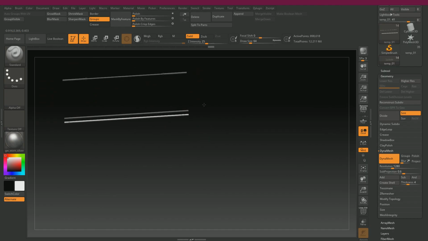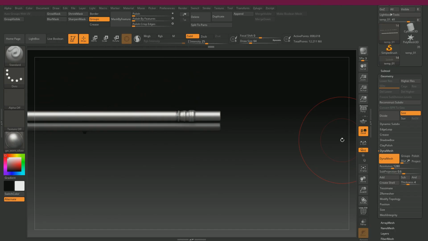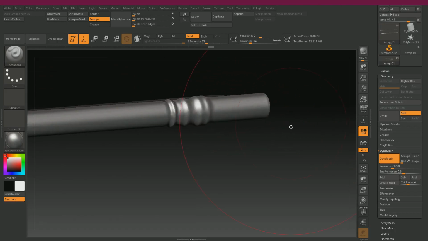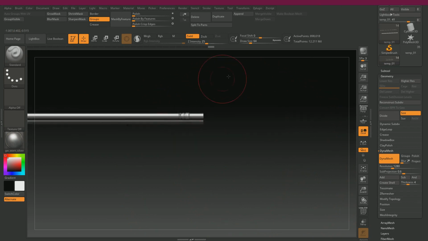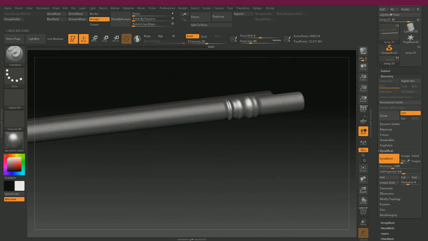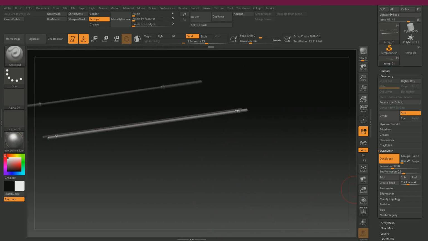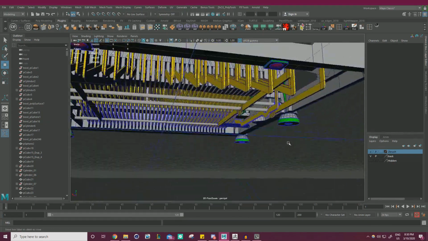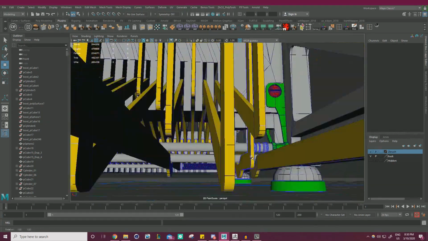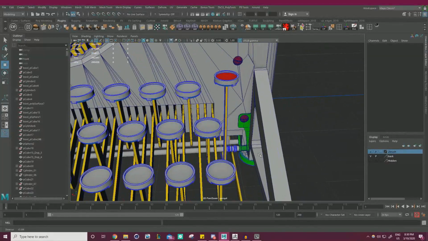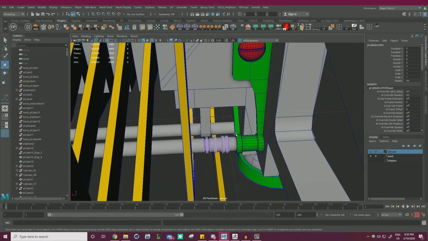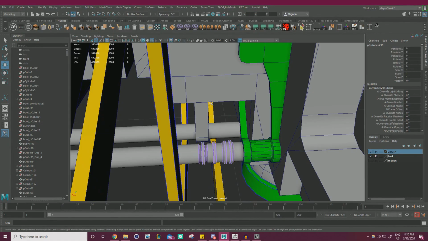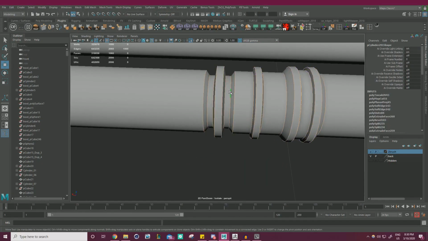I suppose that's all right because it's such a tiny detail, and when we bake it down, it's going to pretty much look like that. So I'm going to say that's fine. Because if I recall, if we go back to Maya, that wiggly area is just here, so you can just barely see it. But no, it wouldn't be right to half-ass it at this point. Let's go ahead and